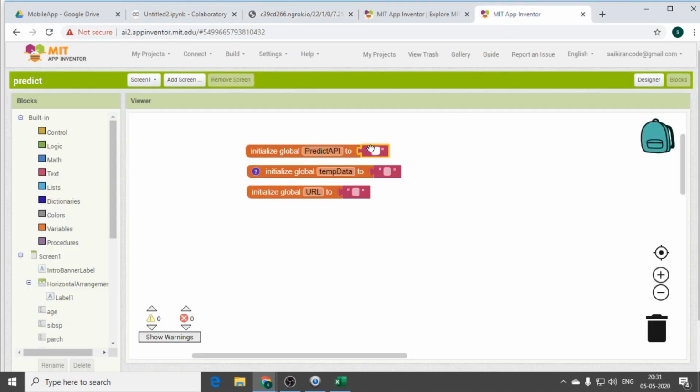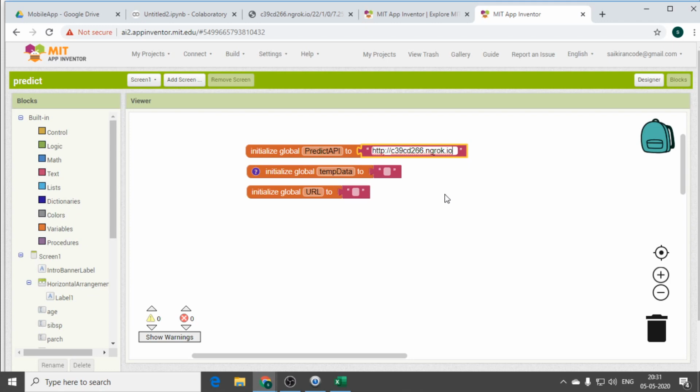Please copy the same URL till .io. That should run continuously because you will be fetching the data from the URL. Make sure it is done clearly. So in predict API you are giving your URL. Just 10 more minutes because we will be creating all the blocks and making the connection. You can see the output in the mobile phone.